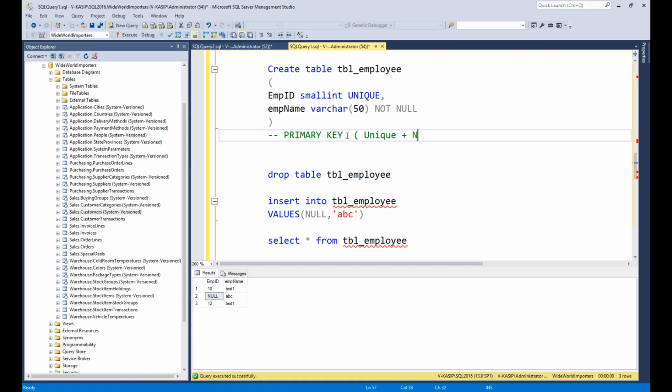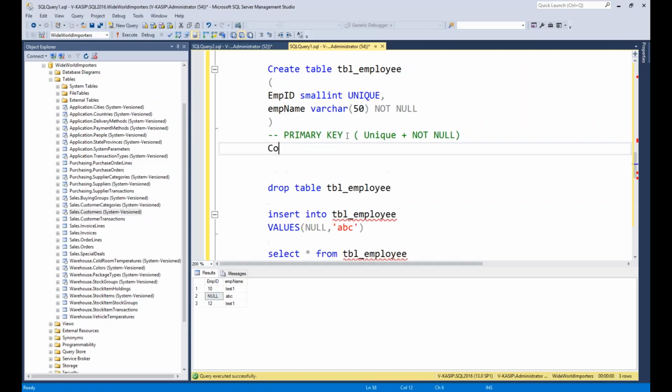Unique plus not null is going to be the primary key. And you can specify a primary key based upon more than one column also. That's called a composite key.